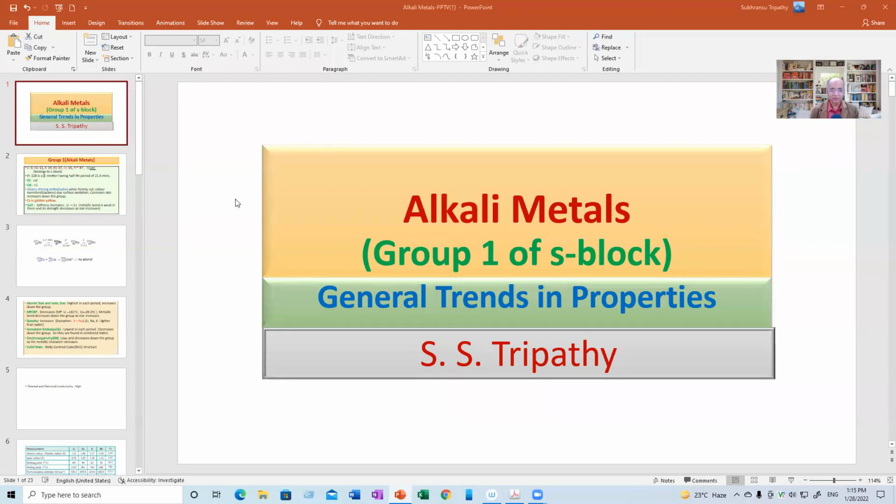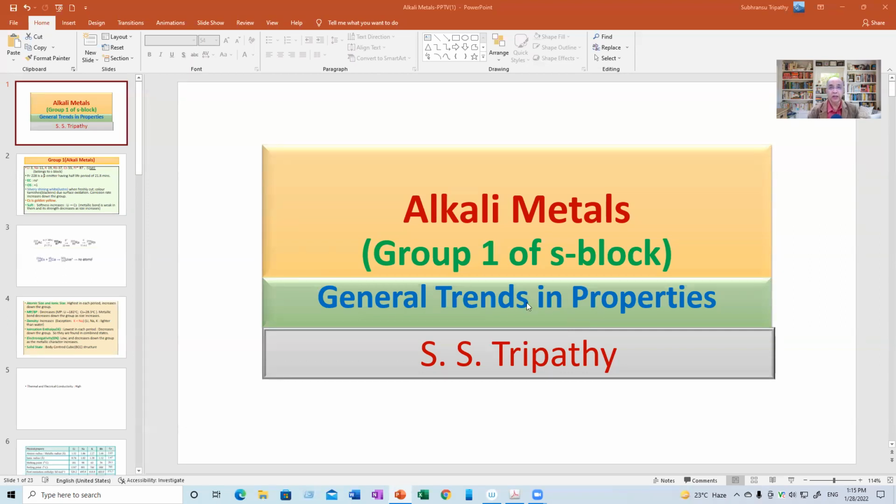Hello and welcome to this session of inorganic chemistry. We had completed hydrogen and its compounds, and now the turn for alkali metals. That belongs to group 1 of the periodic table and also the S block, the left portion of the periodic table. And as you know, our